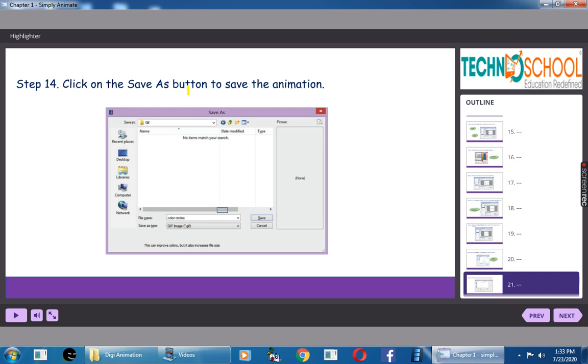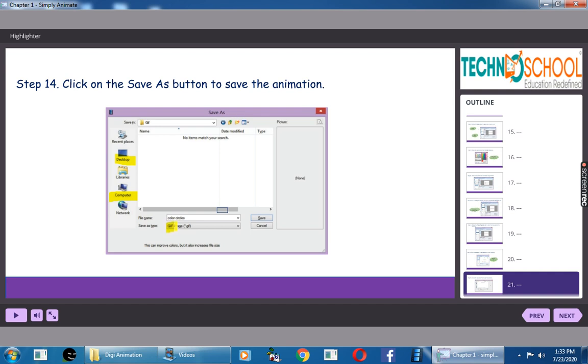You can click on the save as button to save the animation. Under the file menu, we have this save as button, same like all the other software. You can click on the save as button and select the location. If you want it on the desktop, you can select the desktop. Or if you want to save it under a drive, you can select my computer and select local disk D, E, F, anything.